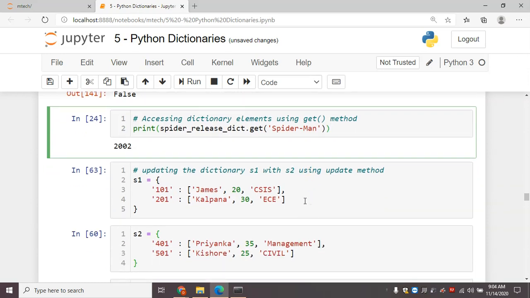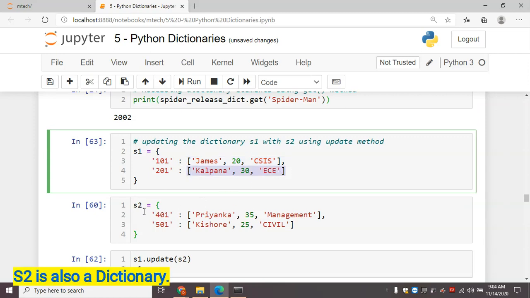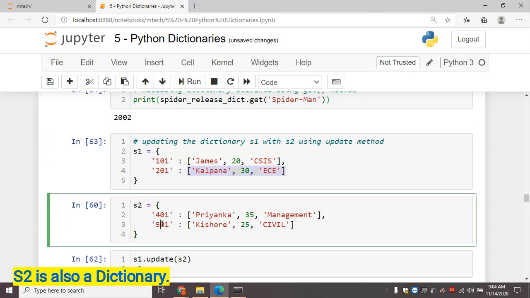And this is another example where I'm explaining updating the dictionary S1 with S2 using the update method. S1 is a dictionary where 101 and 201 are the keys, and these two lists are the values. S2 is also a dictionary, where 401 and 501 are keys, and these two lists are values.